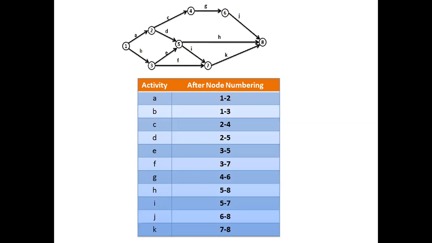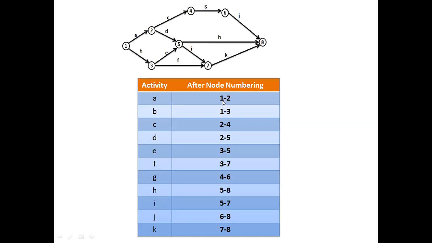This number itself shows the interdependency of the various activities. There is no separate column required where you can list the precedence relationship, or the activities which are dependent or having interdependency over the other activities. So here, if you give only this column followed by the time duration for each activity, that will be sufficient to draw the network diagram and also explain the constraint, that is a precedence relationship or a precedence constraint.